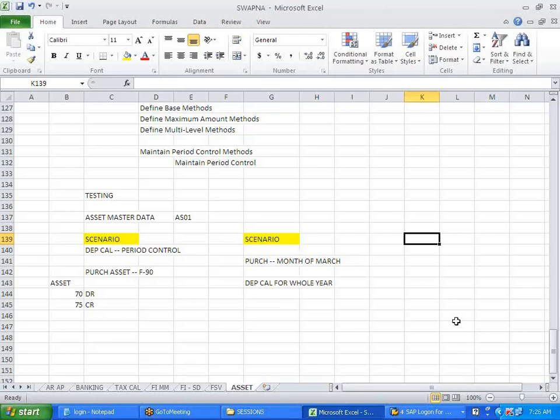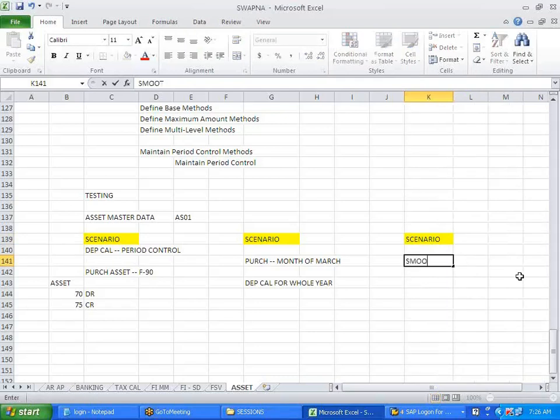Next. Now, one more scenario: I don't know why that is not getting calculated for the WDV. Okay. Now my next scenario is, so we have looked into smoothing and catch-up, right?